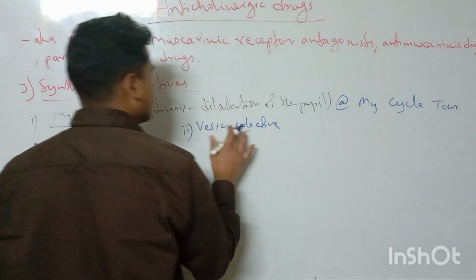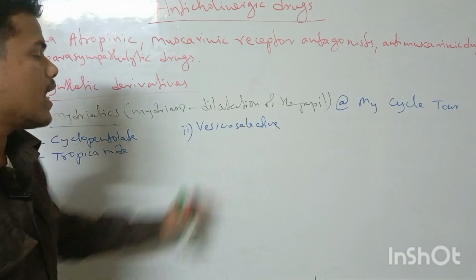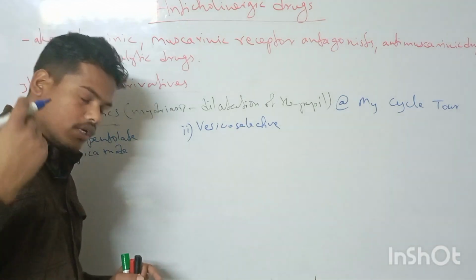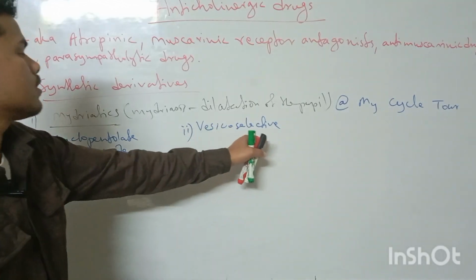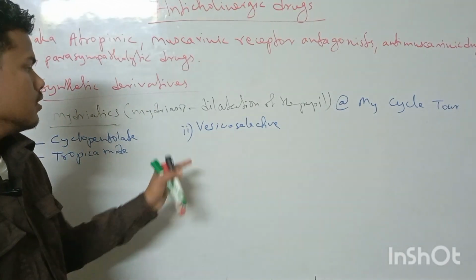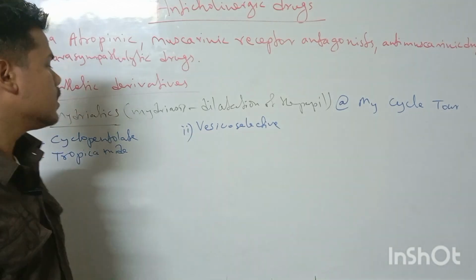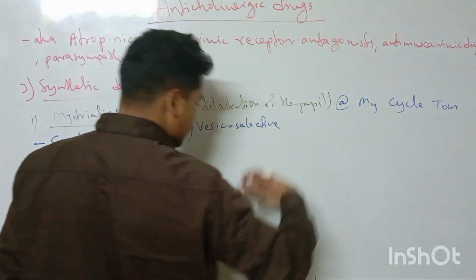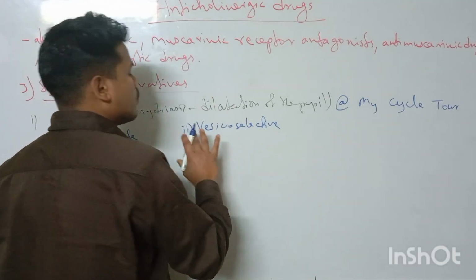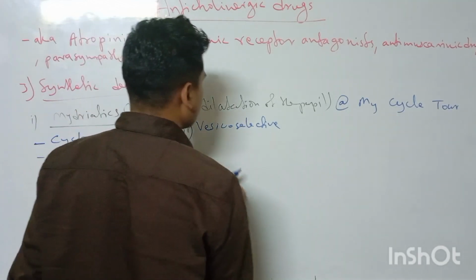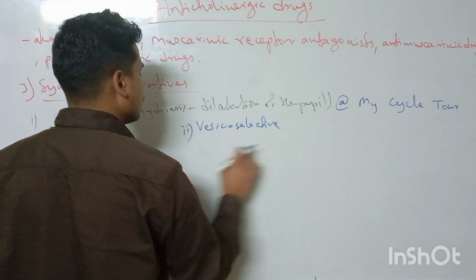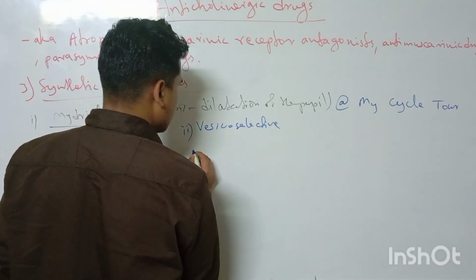As the name suggests, these drugs act mainly on the urinary bladder, and in urinary frequency and urgency these drugs are frequently used to reduce the motility, movement, contraction of the urinary bladder, or hyperactive urinary bladder. So this will include